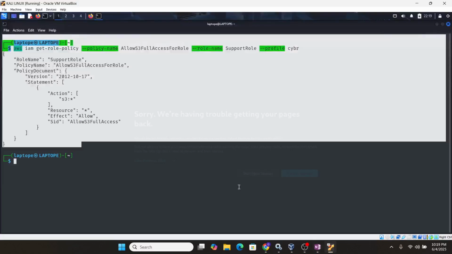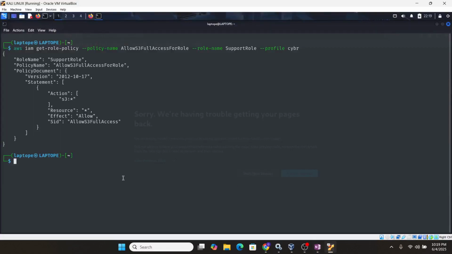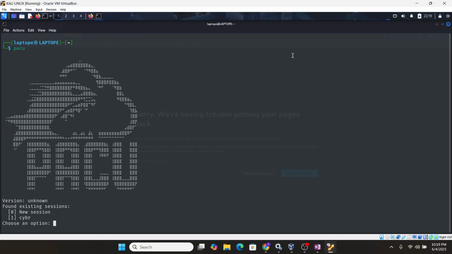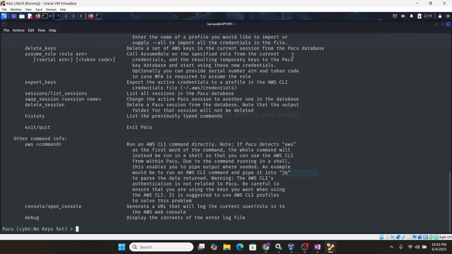Now there is an automated tool that can make all of our actions easier, and the name of the tool is Pacu. Pacu will automate all these manual things we are trying to do. So, session server. Let me click on server. No key set. So let me